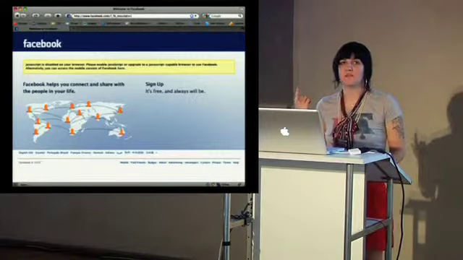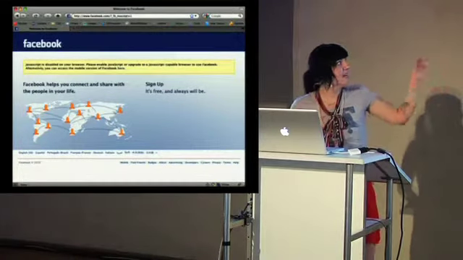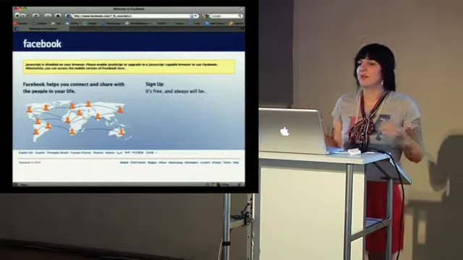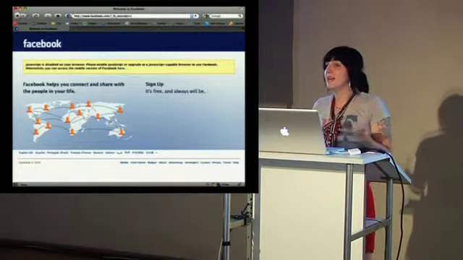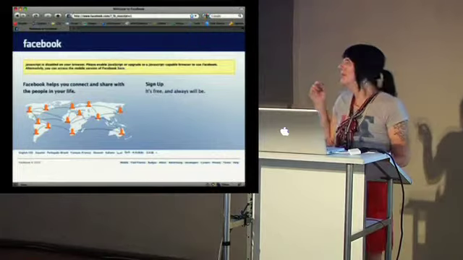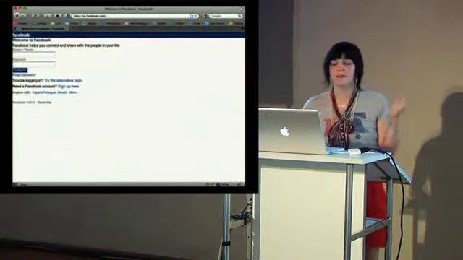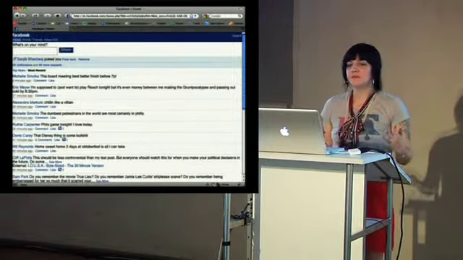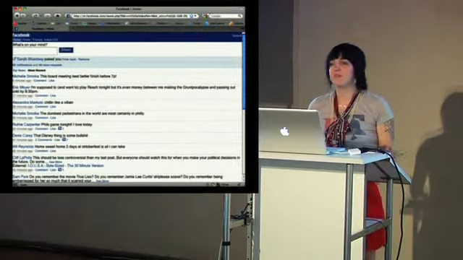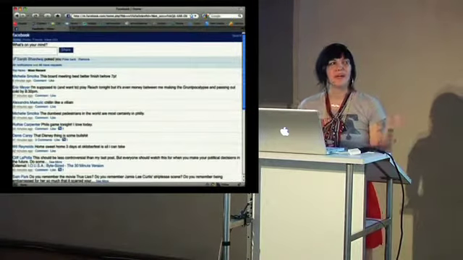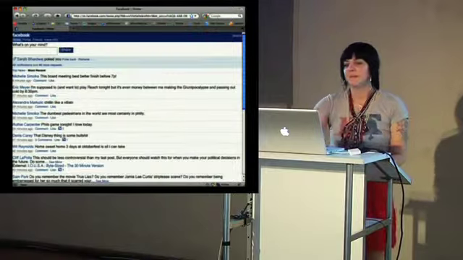This is what happens if you come to Facebook without JavaScript. And again, you get an error message, and it's highlighted in yellow, so you're automatically drawn to it. But the thing with this is if you can't turn on JavaScript, you're still able to access the site because they let you have access to the mobile version. So you can sign in, and you can still know that the Phillies are playing or that someone has poked you, but that's kind of creepy, so I actually wish they'd get rid of that.